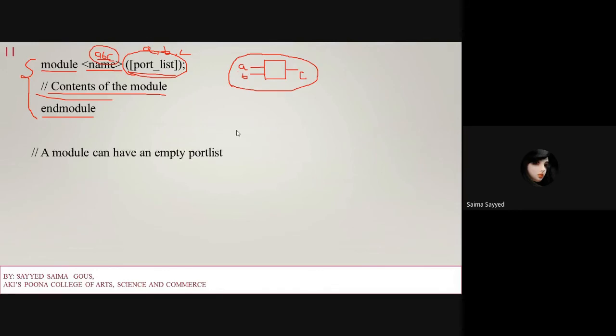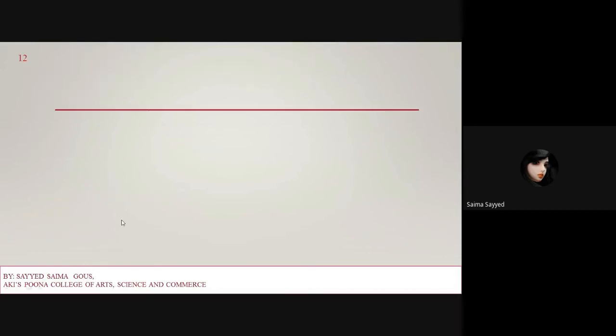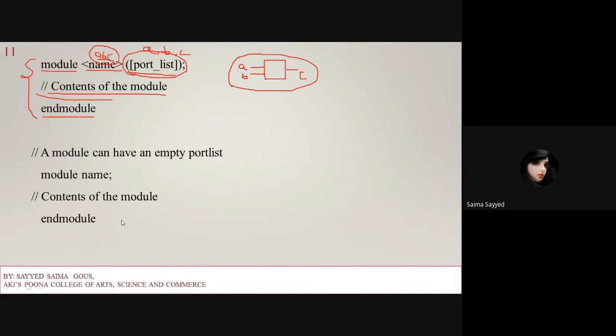Next, if a module does not have any port list, or it has an empty port list, then you just have to write the module name. There will be no port list, only the module name, and then whatever the contents of the module are, you write here, and then it should end with endmodule. So in this manner, you define modules.